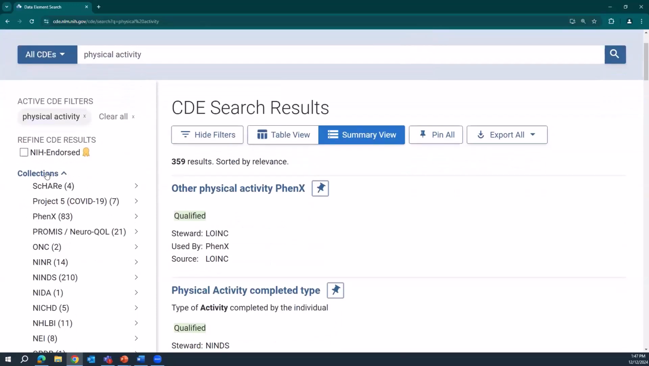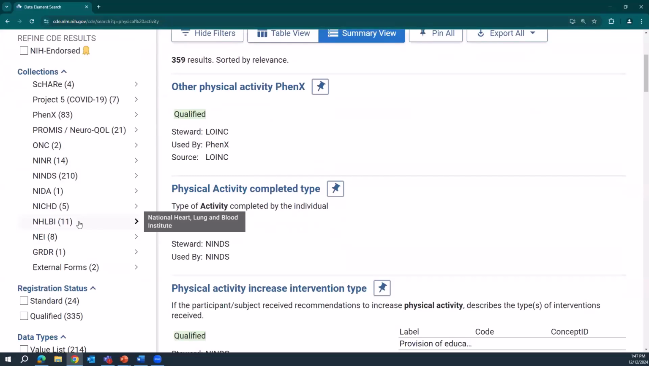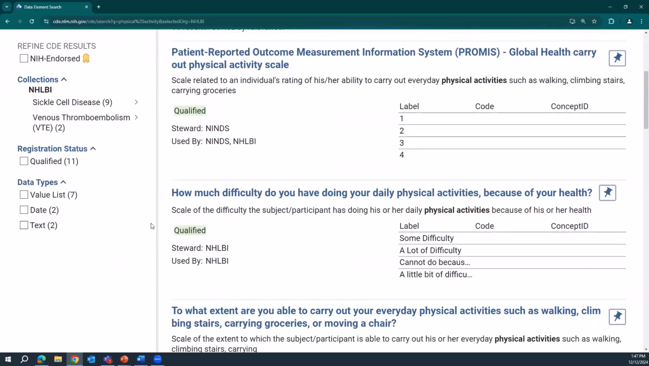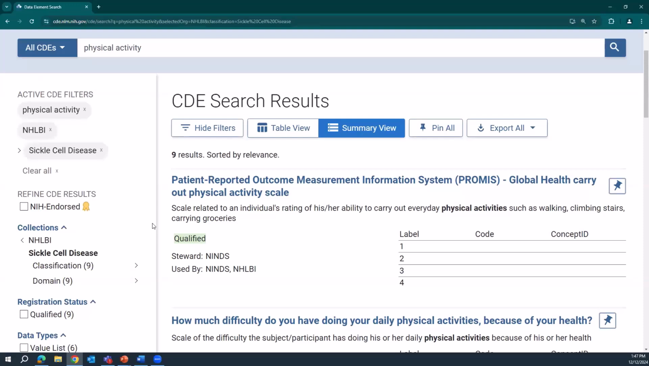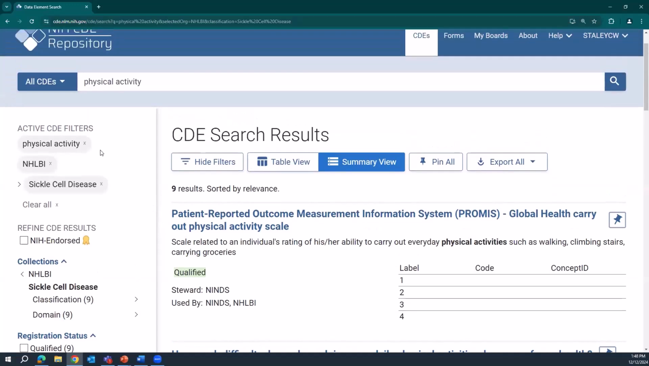Let's look at the collections options. These are the organizations or initiatives with CDEs related to your search. If your organization is listed here, then you might see if it has any related CDEs. So I'll click on the NHLBI to limit to CDEs from them. And notice that now I have the option to filter to specific projects and topics within the NHLBI, like sickle cell disease. And I can click on that to further filter it. And again, if I want to remove those filters, I'll just click on the X beside them at the top